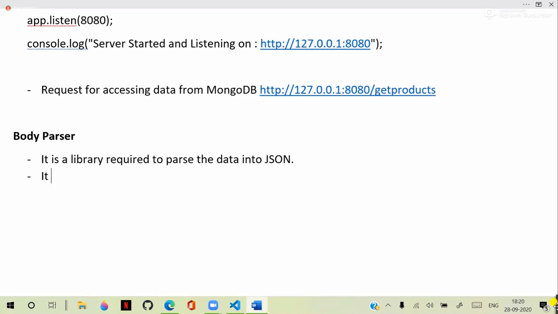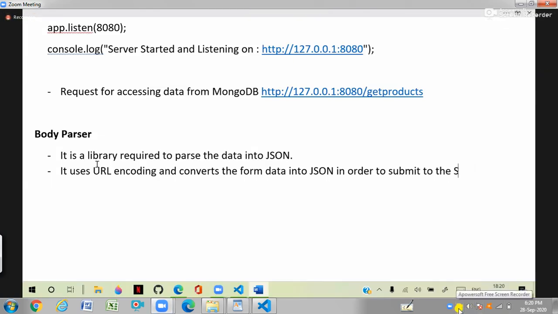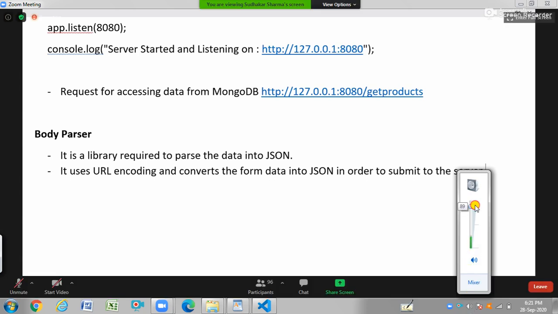So what it does is it uses URL encoding. Technically, it uses URL encoding and converts the form data into JSON in order to submit to the server, to the API. So data by default that comes from the server is converted into a JSON form,